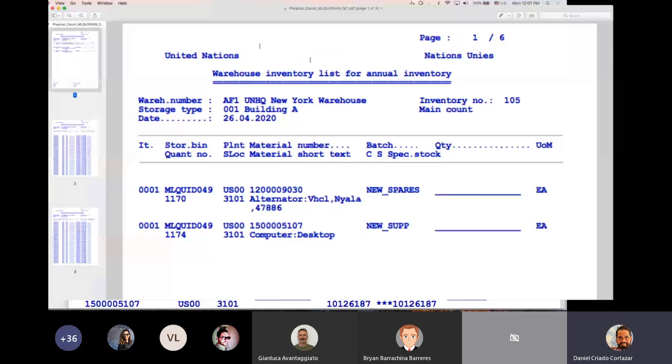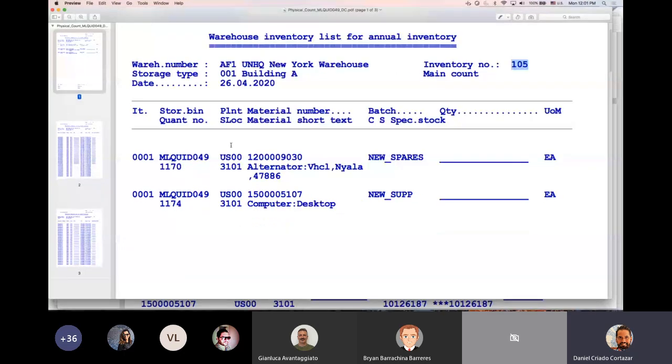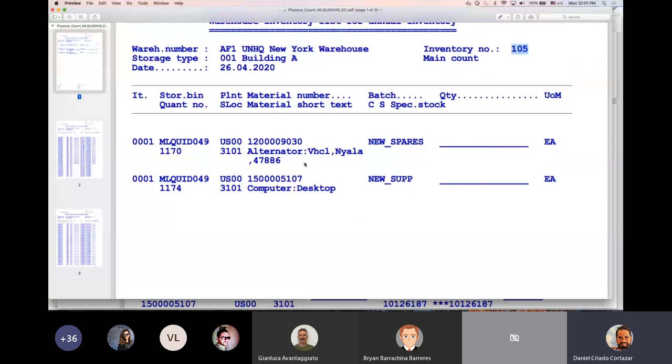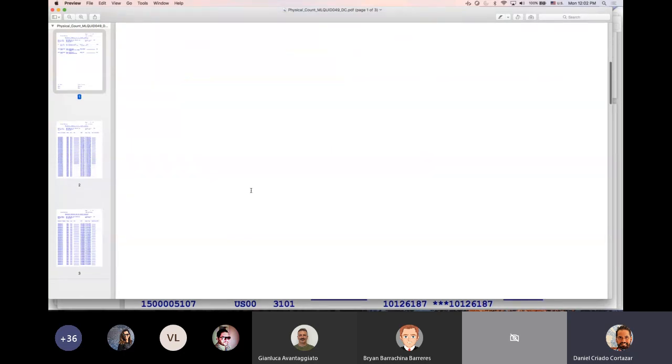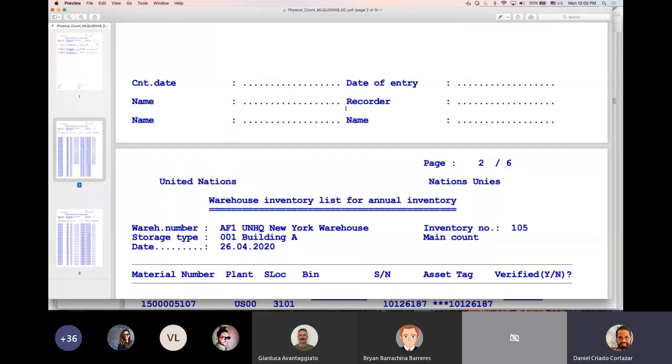And you guys can chip in, but I'm going to show him that basically, if I understood you well, Gianluca, this is the document that was created in the system for me to do a count or a recount, just to count. The first page, as I said, will give you an overview of what's there. Here I have alternator as a product ID and then a computer. Because the computer is a serialized material, then in the following pages, the system